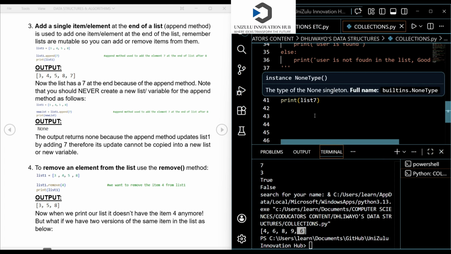Okay, so if I remove an element from a list, let me just use the list that I have already. I've got this list 7, right? List 7 has got these items, which is 4689. Let me make all of these comments so that the program does not run all of this. I don't want this anymore. You guys already understood what I said, I know.